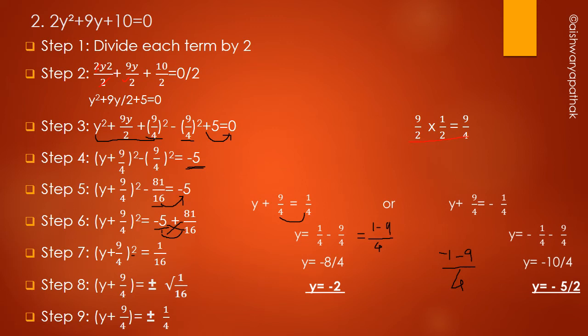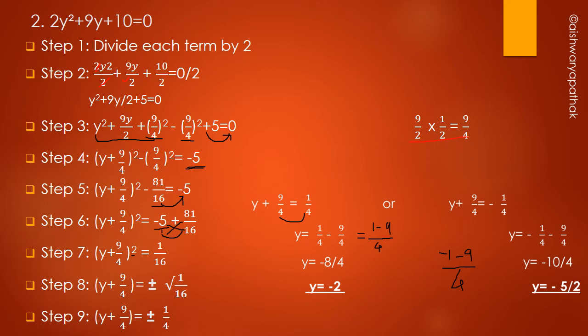Okay, you have to combine because the denominator is the same, and I think you know this rule. If the denominator is common, then you have to take it once only. So 1 minus 9 is minus 8 upon 4. So here 4 ones are 4 and 4 twos are 8. That's why the answer is minus 2, because 4 ones are 4, 4 twos are 8 and the minus sign. So your answer is minus 2.